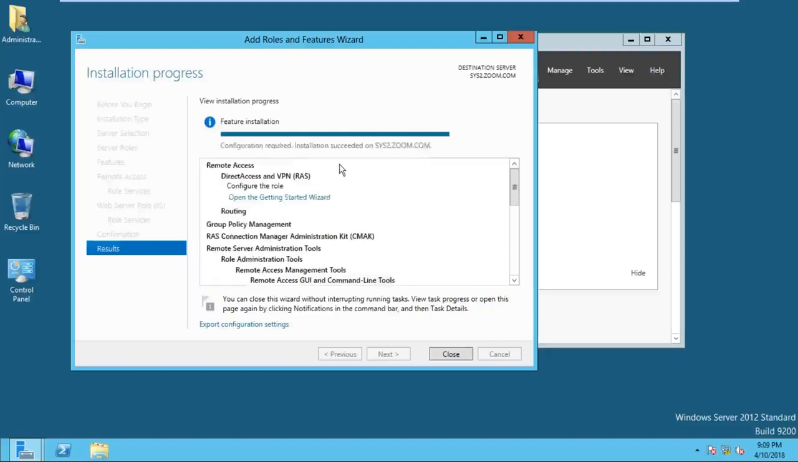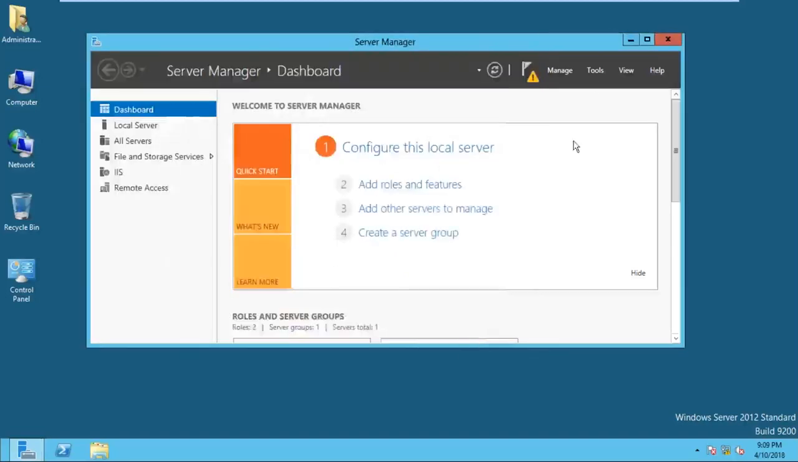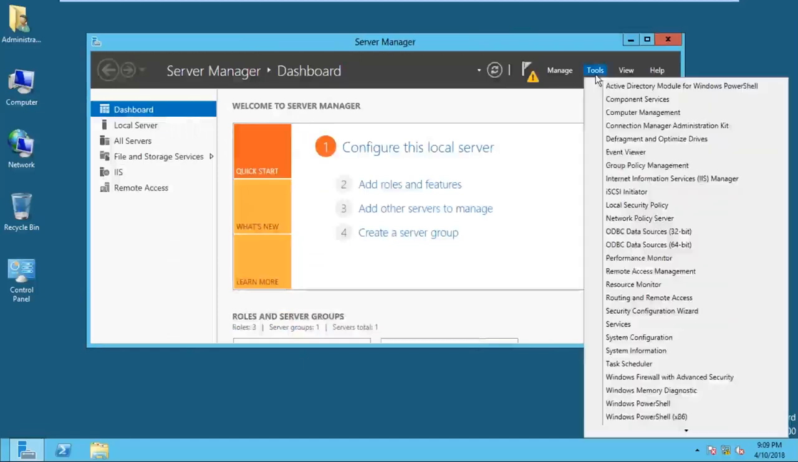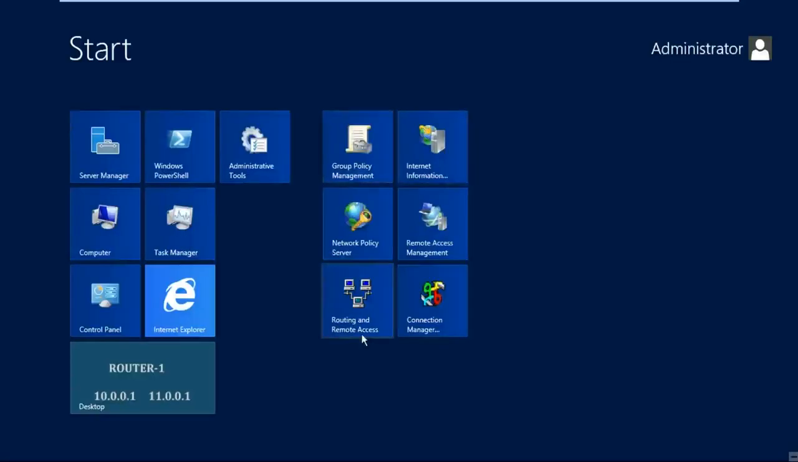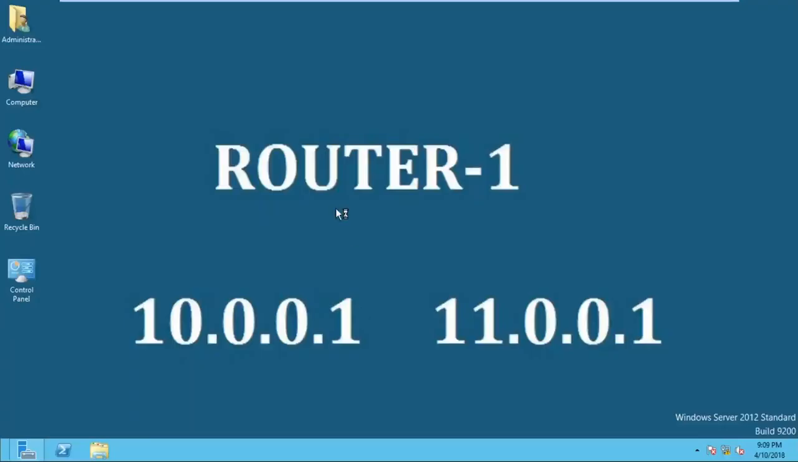Now you can see here, I'm getting a message: installation succeeded on system 2 machine. Click on close. Now if I go to the tools here, you can see in my list, are you finding routing and remote access service here? Yes. Or if I go to the start button, you can find routing and remote access here. So once you open this routing and remote access,